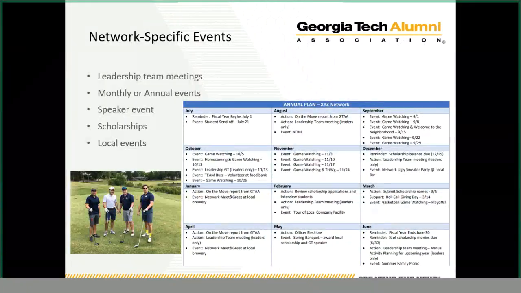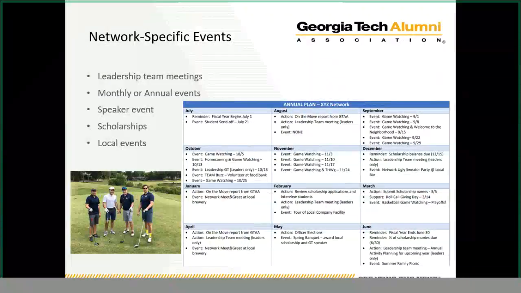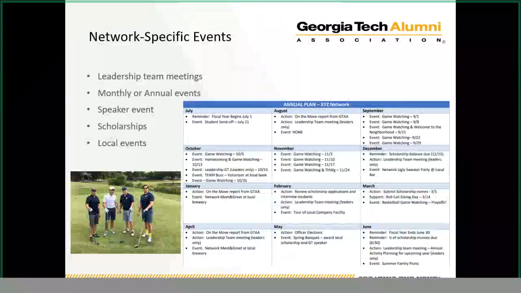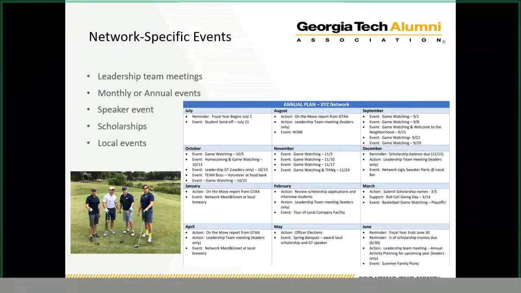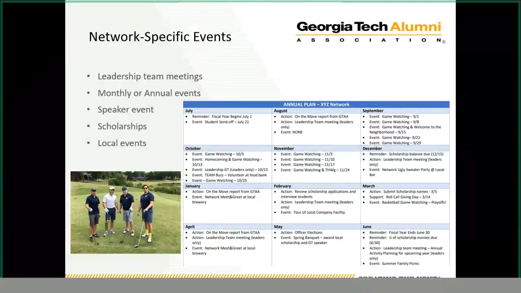So hopefully you'll see that you already have a really great start, if not a full calendar at this point. It's really amazing how quickly it fills up when you sit down and fill it into these gaps in these places. But you should see probably at least one or two things each month at this point for most of our networks. It will be clear that maybe some months are heavier or fuller than others, and some might be empty or a lot leaner.